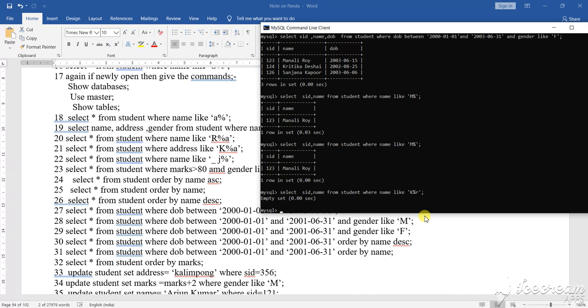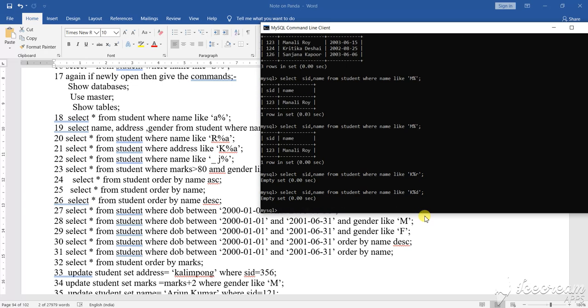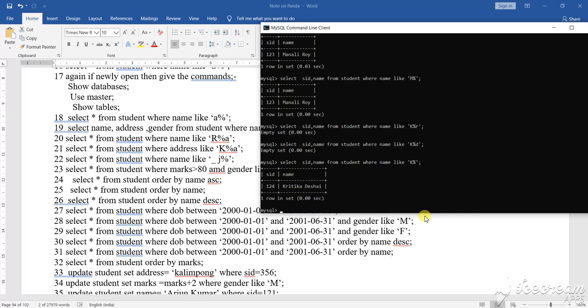Suppose K, suppose D. Okay, let's see what it shows. This is also showing you an empty set. Now I am showing where, suppose, only K. Now with only K, what will it show?